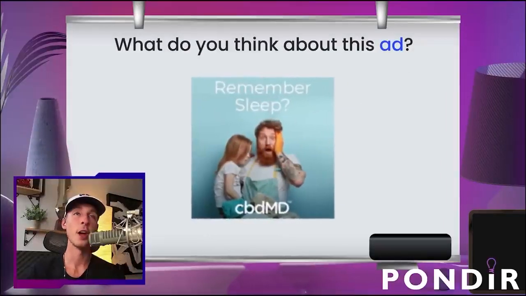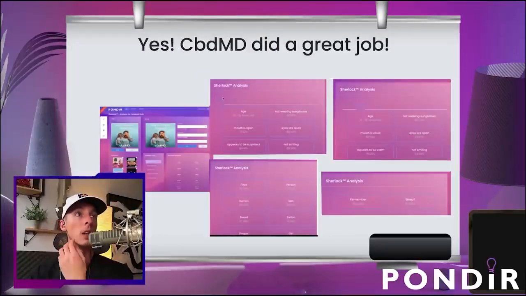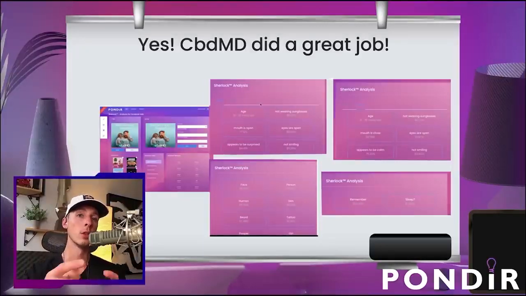Think about it. Another kind of trick question. Yes, they did a great job, and here's why. When we look at the face analysis, you'll see face 1, 19 through 31, and a breakdown of it. Now we know that if we were to get into the CBD space, this is likely a demographic that we would